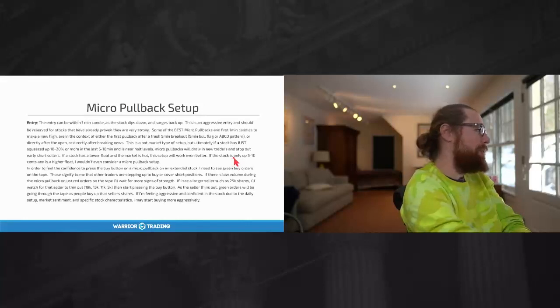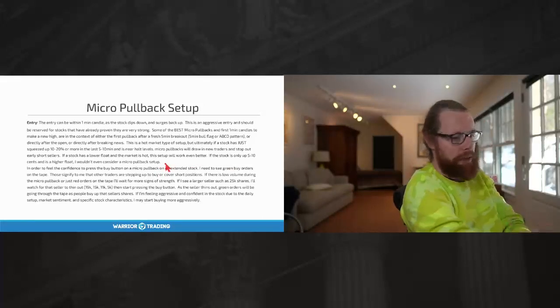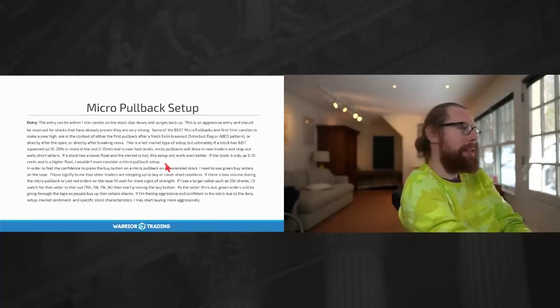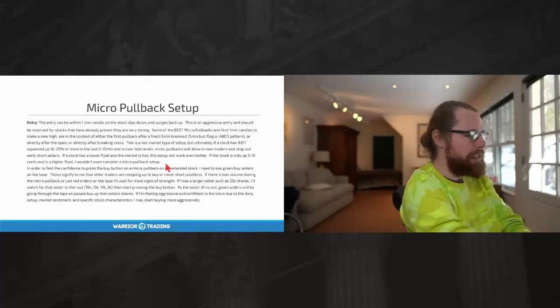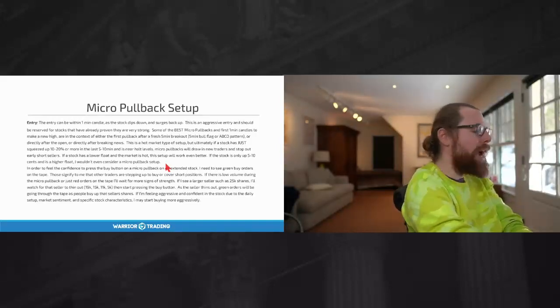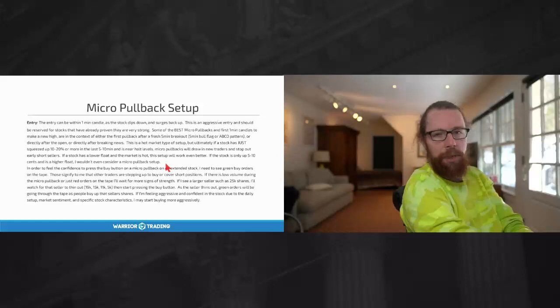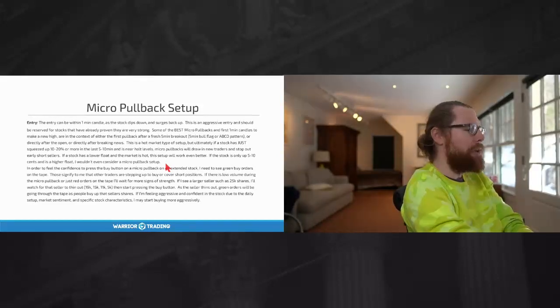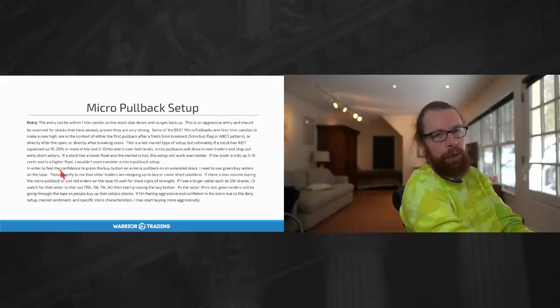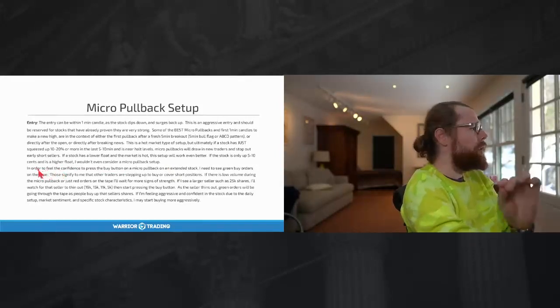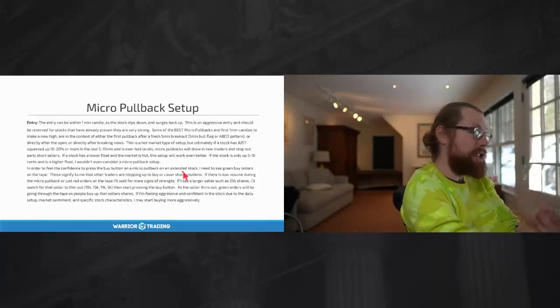If the stock is only up 5 to 10 cents and is a higher float, I wouldn't even consider a micro pullback setup. We may at times trade stocks that are slightly higher float, 50, 60, 70 million shares, maybe 100 million or even higher. I'm rarely, almost never, even if those are moving quickly, going to do a micro pullback on them. I'm going to want the confirmation of really clean charts, a clean pullback, a clean ABCD pattern. So in order to feel the confidence to press the buy button on a micro pullback on a stock that's already extended,